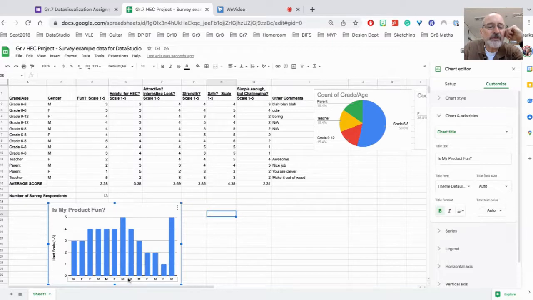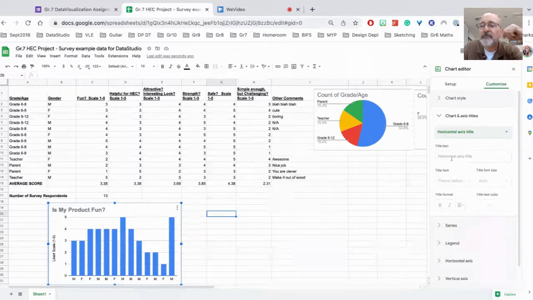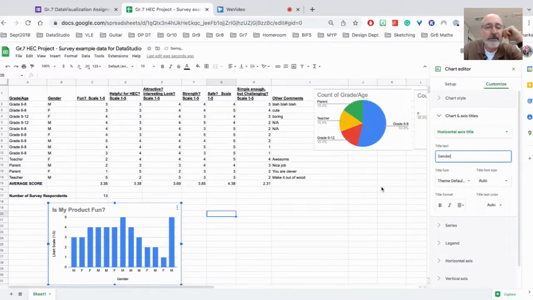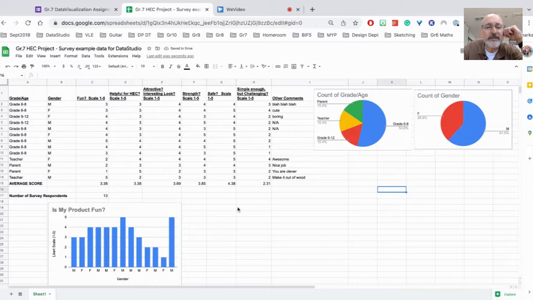I could put gender down there. I suppose that would make sense too. Why don't we do that? Title, gender, we'll leave that. Yeah, this is looking great. Now we're just going to do this over and over again with the other categories, right? So we're going to highlight gender,